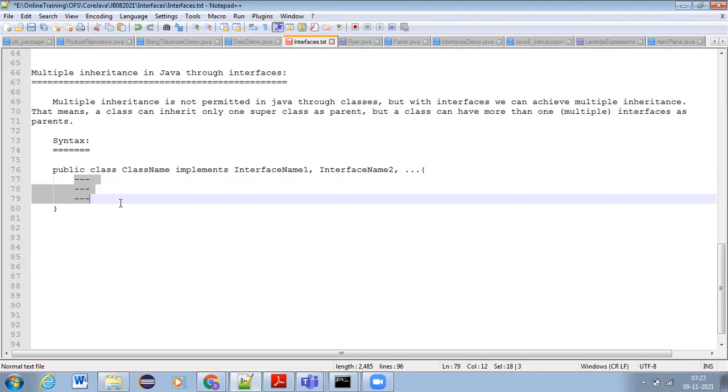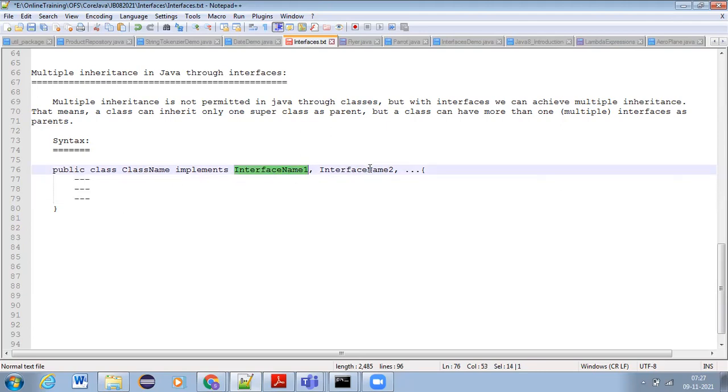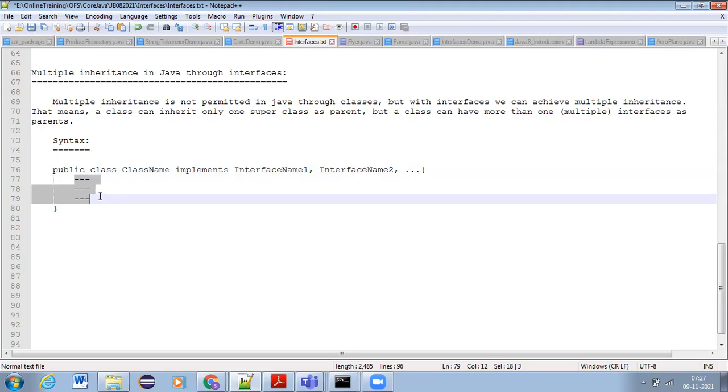If interface one has 50 abstract methods and interface two has 50 abstract methods, then it is your responsibility to write all those 100 methods in your subclass.